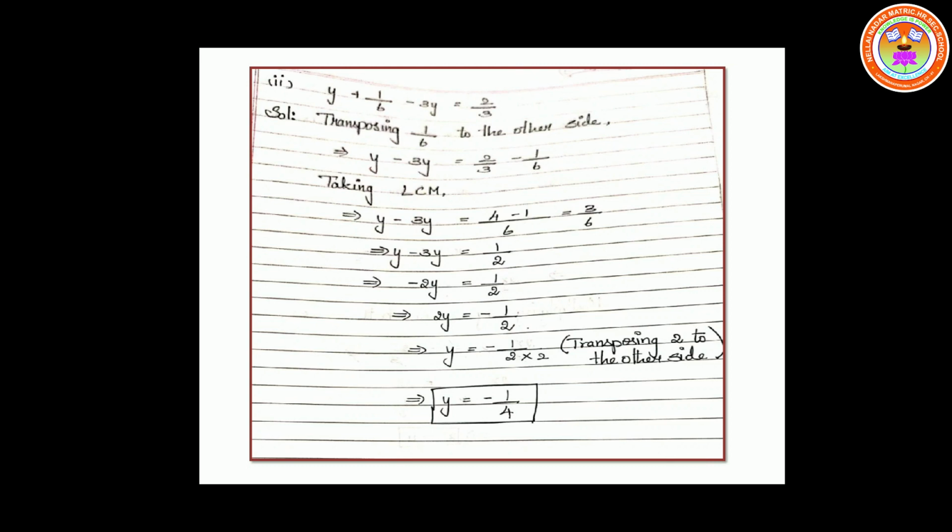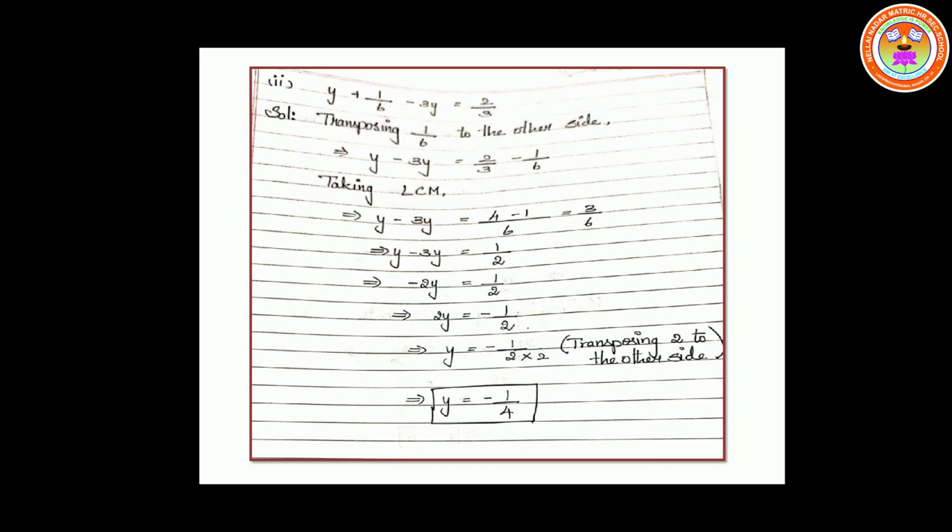So always remember when finding a solution for an equation, suppose if it is x or y, in this case for y, in the left hand side there are two terms with y. y + 1/6, the 1/6 is the constant, and -3y is another term with y. So I am going to keep the y terms on my left hand side and the constant terms on my right hand side.